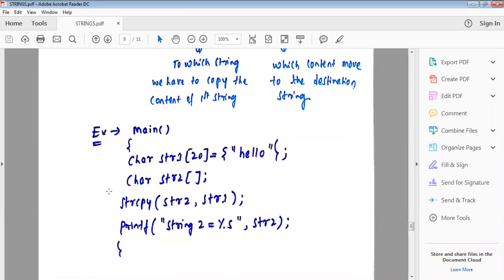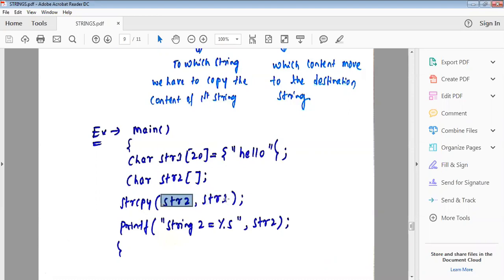Now you use the predefined function strcpy. So you copy. Which content do you want to move? You want to move the content of str1 to str2.